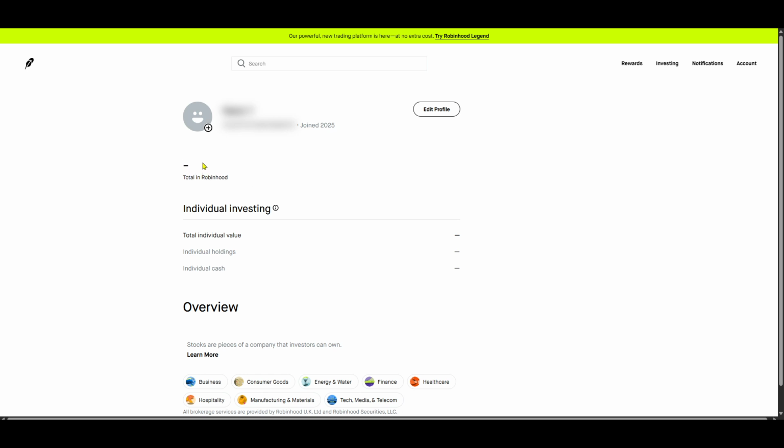That's everything you need to see your total profit in Robinhood. Remember that keeping track of your investments can greatly influence your financial strategies and decisions. Regularly checking on the health of your portfolio ensures you're always making informed choices.